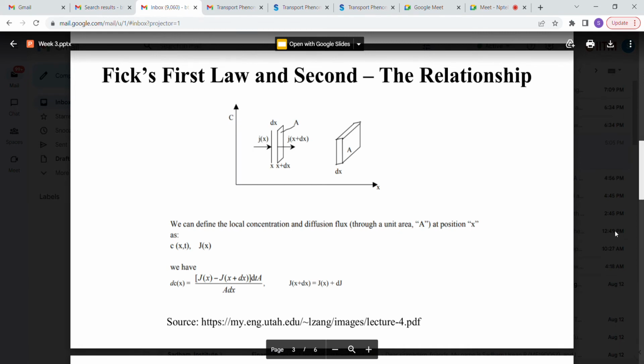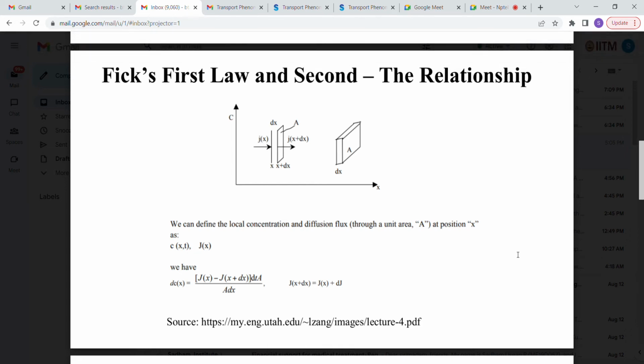So let me first try to make you understand that Fick's first law and second law are interrelated, and that's what we are going to see today. Last class we went through the basics of Fick's law of diffusion. This class is just going to be another incremental addition to your knowledge of diffusion, so that you can appreciate it better. So assume that we cut off a small volume element